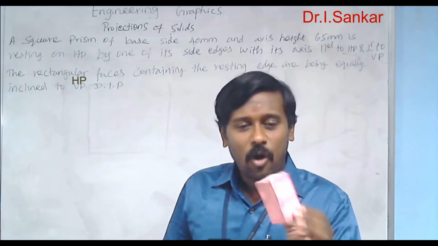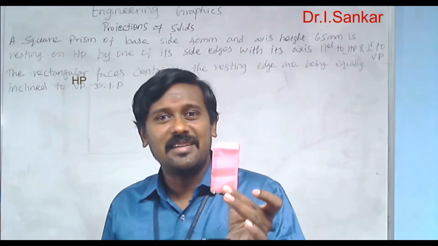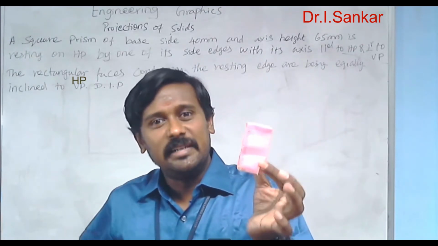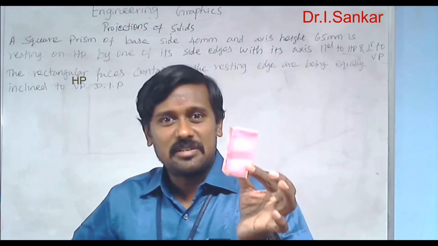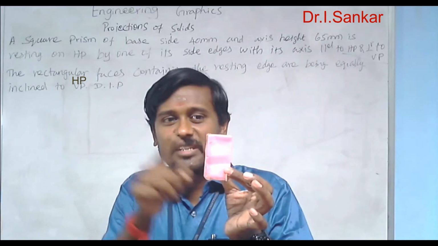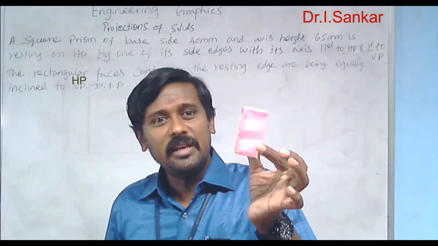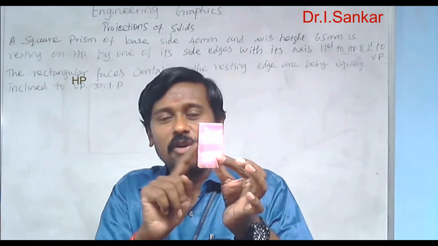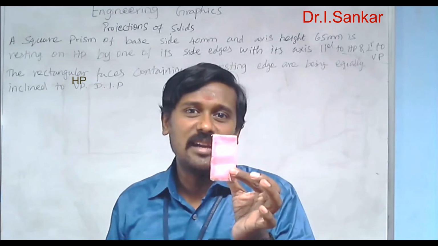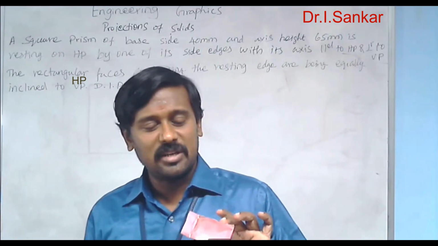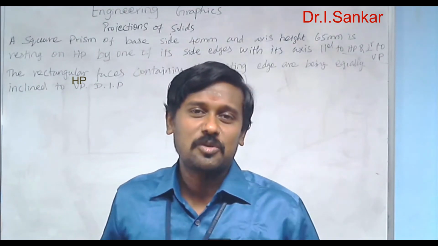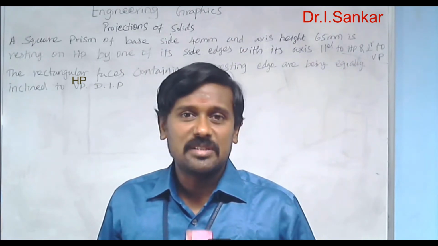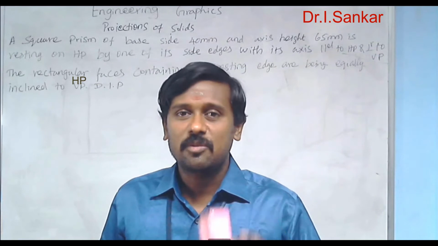How many side edges are here? 1, 2, 3, 4. 4 side edges. Totally 12 edges: 4 base edges, 4 side edges and 4 face edges. Totally 6 surfaces: 1 base surface, 1 face surface and 4 side surfaces or lateral surfaces. So this is nothing but the various parts of the body of your square prism. First you have to be very clear about the solid. Thereafter only you can recognize the question very well.